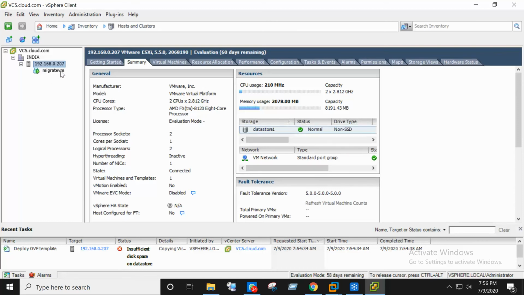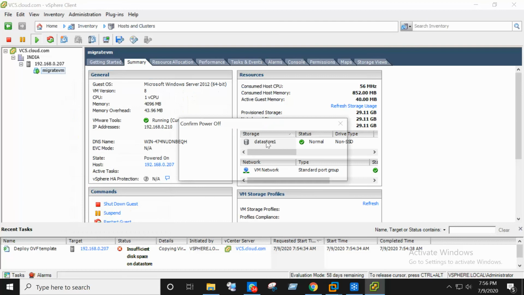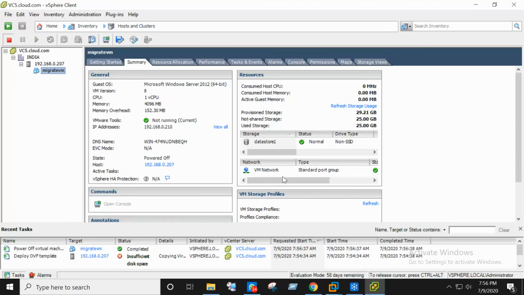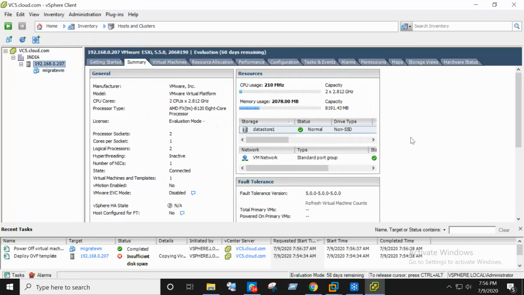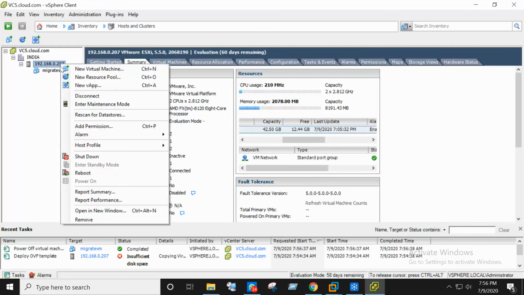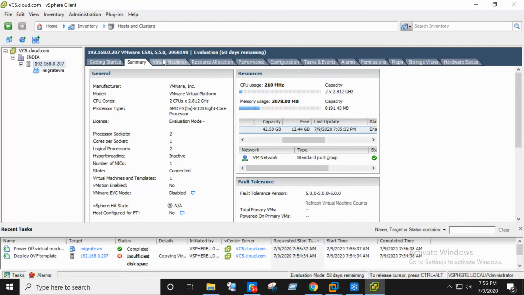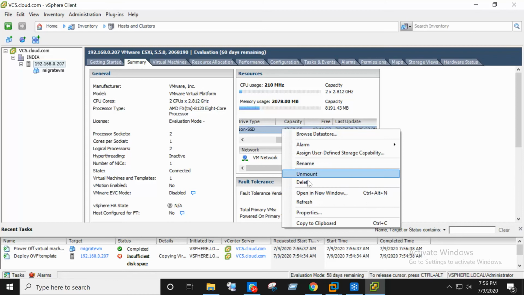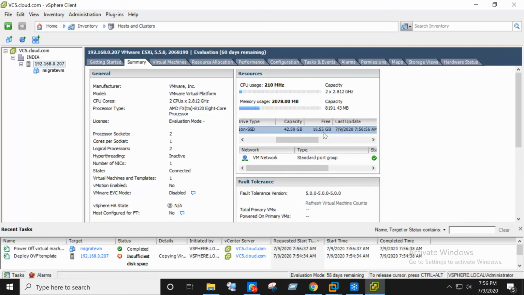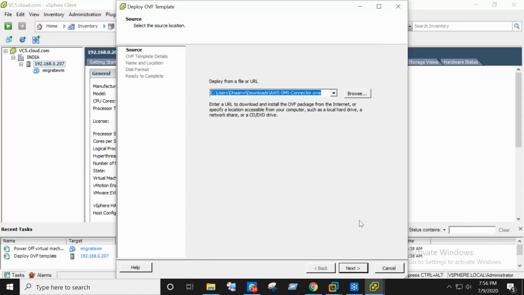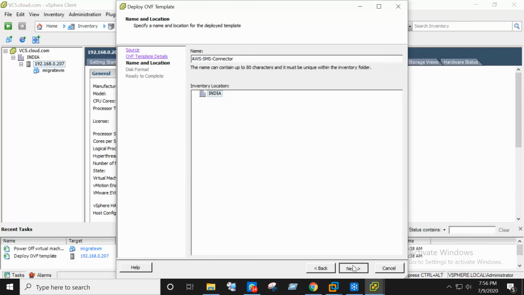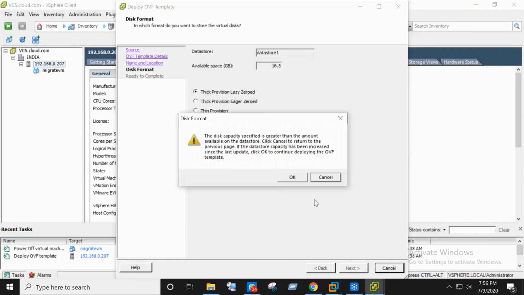So 12.44. Let me shut down this VM and check how much capacity is available. Still it is showing the same thing. 16.55. Yes, we got it. Let's go to file and browse the same file. Next, next, next, next.